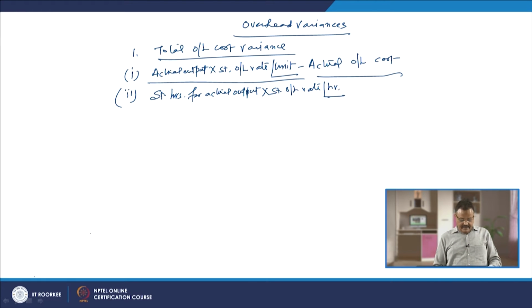So, this is the standard hours for actual output into standard overhead rate per hour, minus the other part will remain the same, actual overhead cost. So, these are the two different ways to calculate the total overhead cost variance. If it is in relation to the material, you can calculate by using the first formula. If it is in relation to the labor, we can calculate by using the second formula. Now, we will further dissect it, and the two other variances of this total overhead cost variance are variable overhead variance